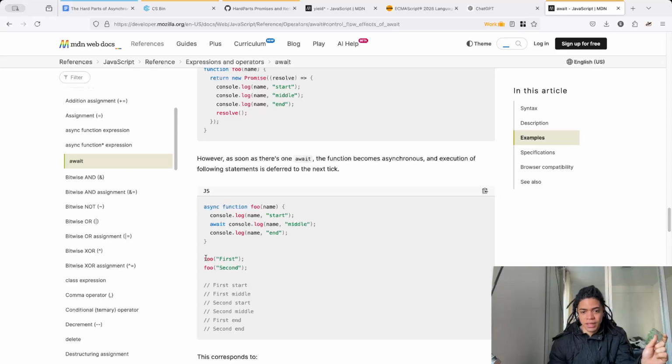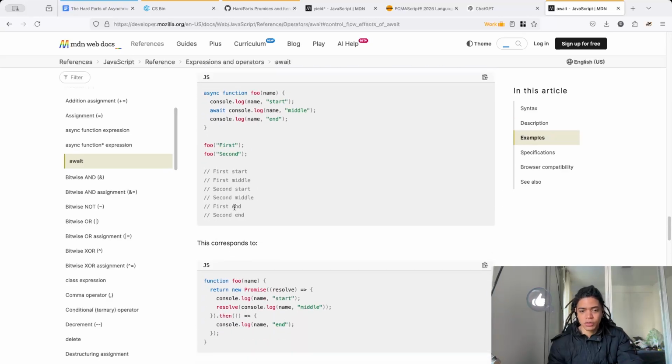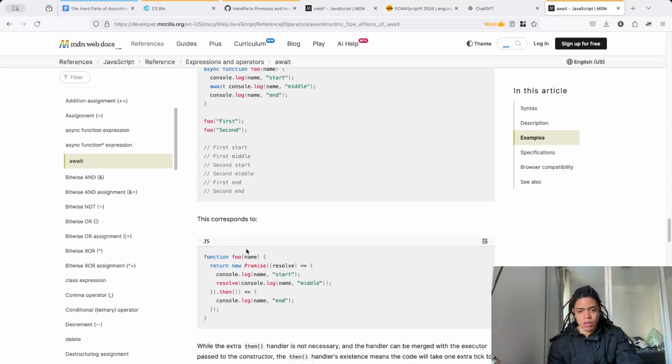Okay, and now that I have evaluated the entire call stack, I say, hey, I think I got a couple of things pending, and that is the first middle, which is after this, then this. This corresponds to this. The new promise is resolved immediately, and then when that is resolved,